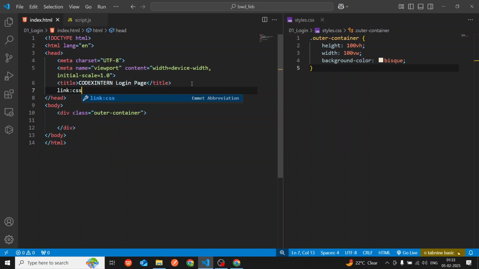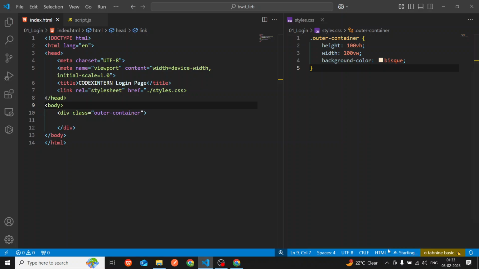Inside we choose link CSS, and inside the link you will get a rel, which is stylesheet, and here you have to put an href, which is styles.css. That's very easy. Now if you start the live server